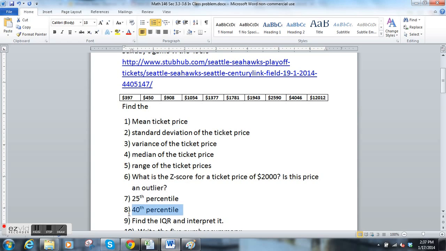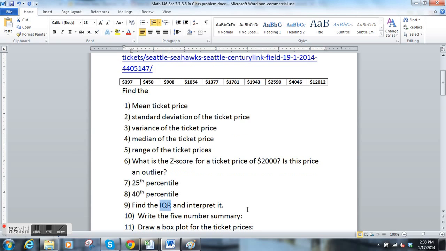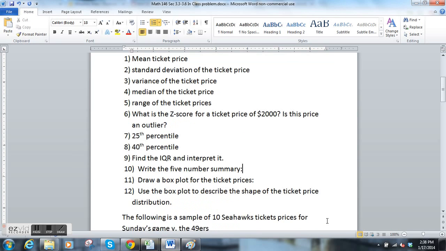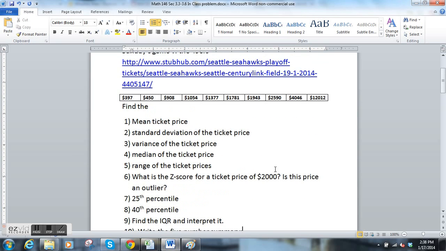Find the IQR, the interquartile range, and interpret it. Write the 5-number summary and draw a box plot. And finally, use the box plot to describe the shape of the ticket price distribution. Is that it? Yes. So this is sort of an example of all the questions I could ask you about